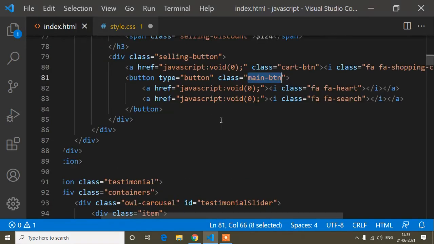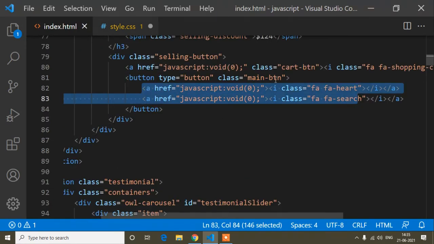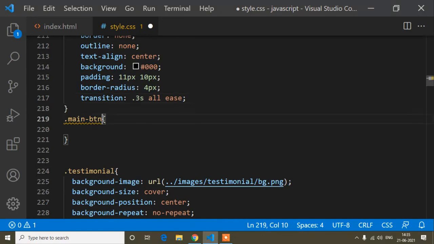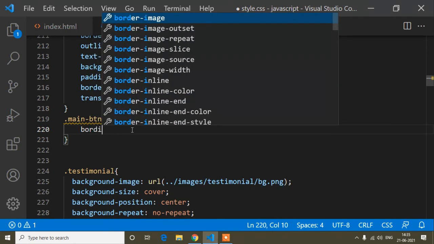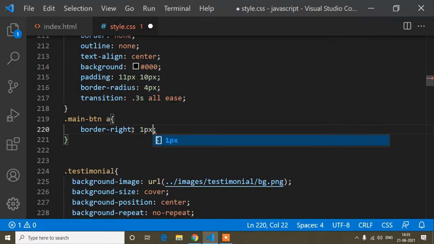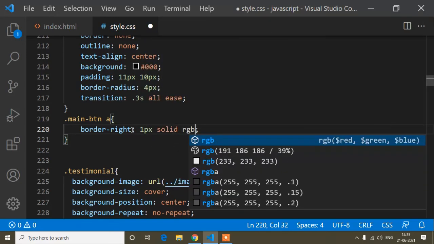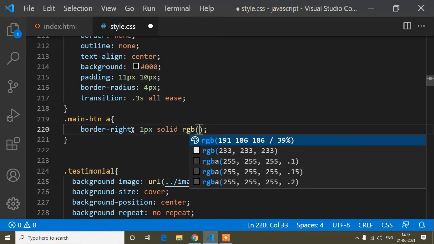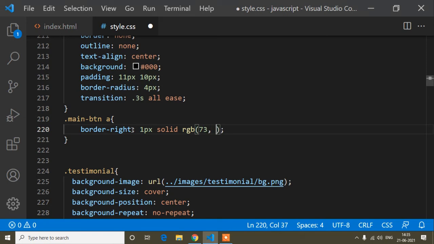Then inside this main button there is the anchor tag, so the parent is main button, and after that the anchor tag. And here I will add border right 1 pixel solid, and the color is RGB, R is red, G is green, B is blue, and the RGB is 73 73 73.